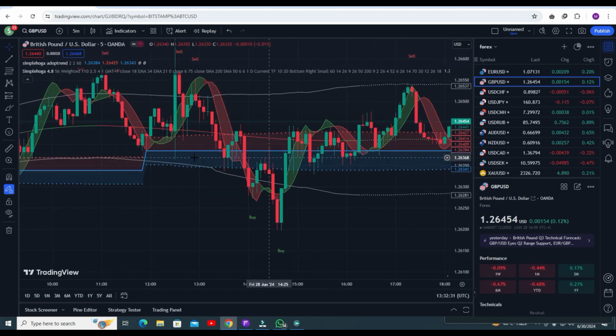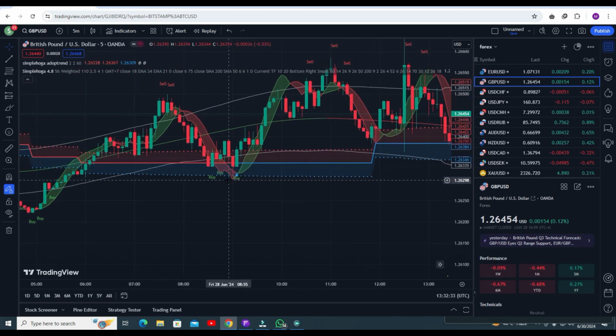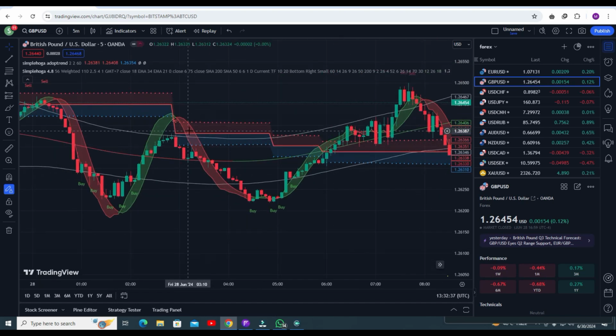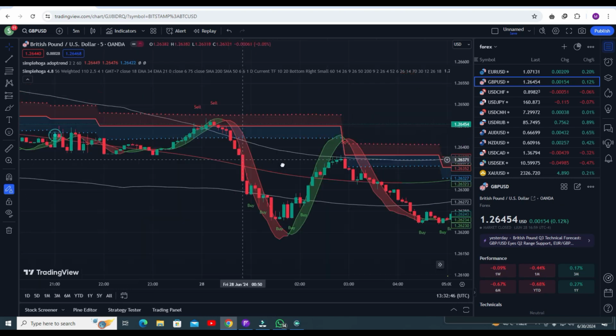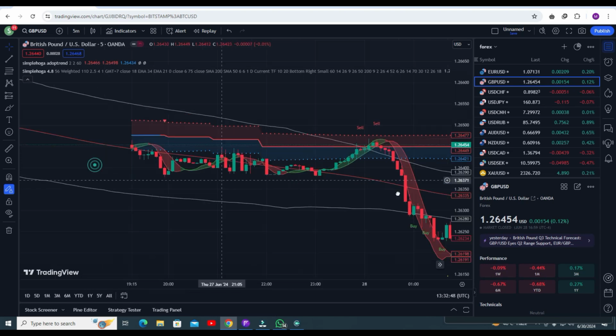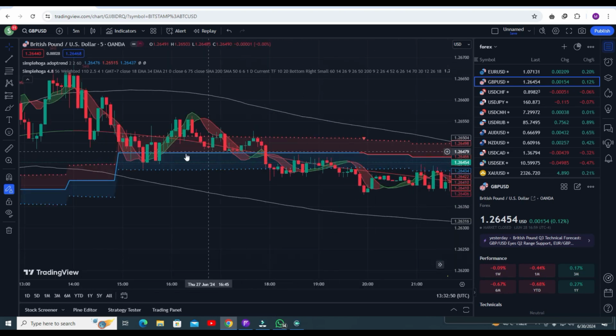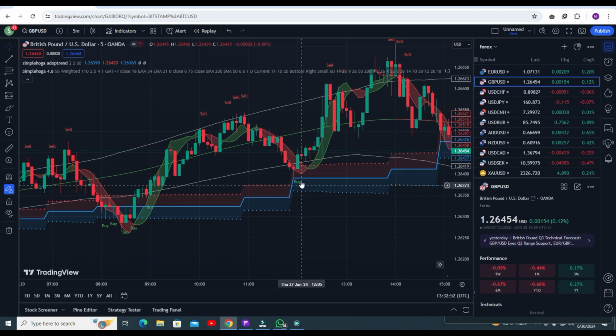Now the previous buy trade, you get some awesome profit here. Now the adaptive line is green and above the middle line, that means you have a strong sell area. You can go for the sell trade, book your profit, sell trade, book your profit, and this is the buy one. Buy line, that means a buy trade, and profitable.